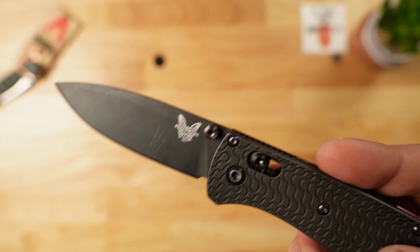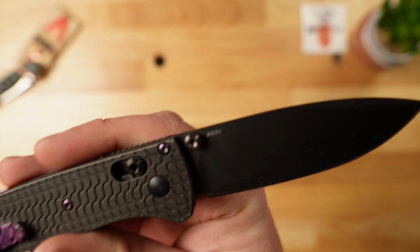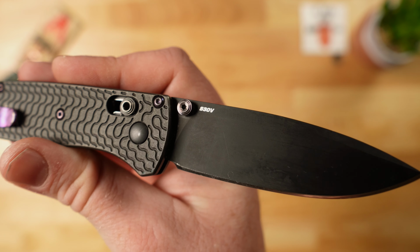This is in black critter scales from Rockwall, and it's got the purple gear backspacer. You can see that Fomascus purple pocket clip. This blade has been sharpened lots of times, so this is a Bugout that's actually small because it's been sharpened down so many times. This knife has been used like crazy, and man, I absolutely love it. I'm a huge PM2 fan, but because it's this Bugout